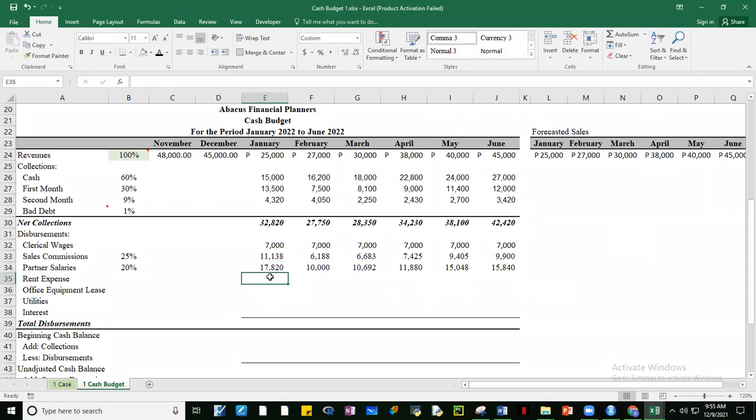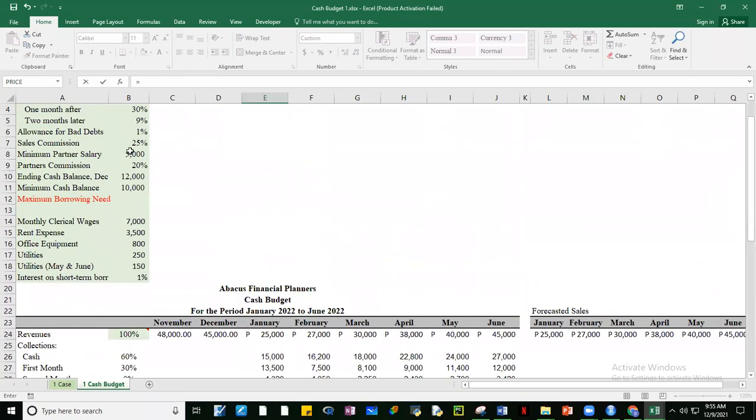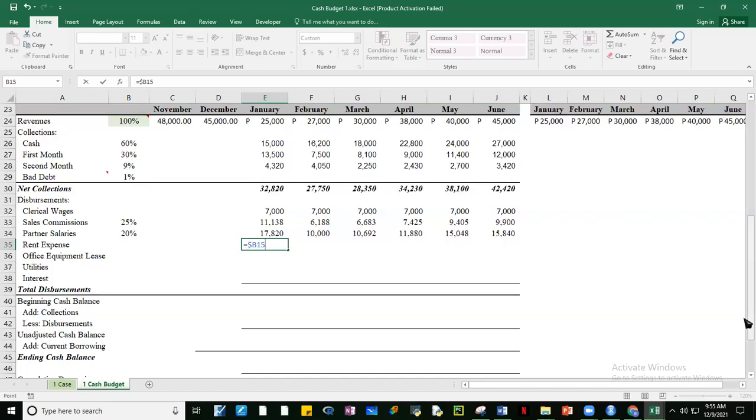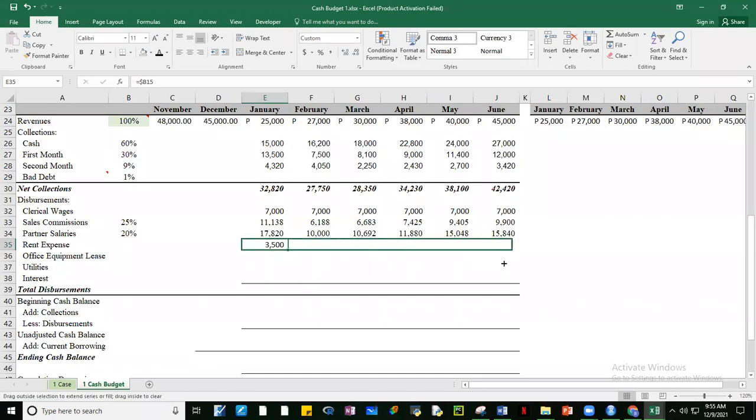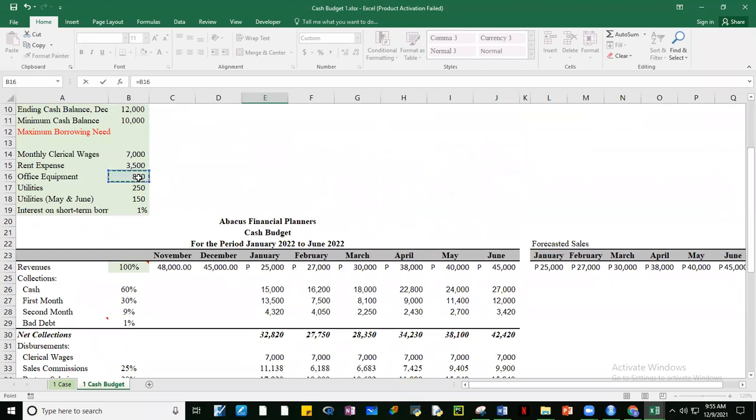Rent expense natin, alam na, given yan. Rent expense nasa taas. Ito yung 3.5, no? And then fix the column again. And then is equal to the equipment is also the same, 800.